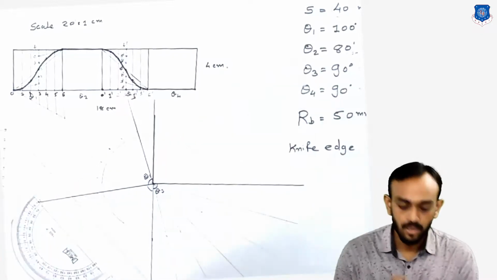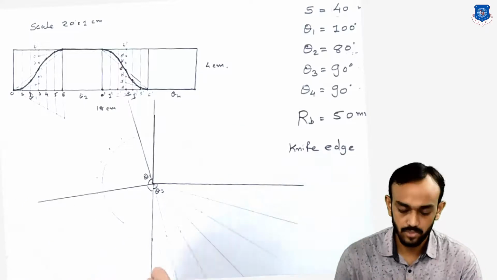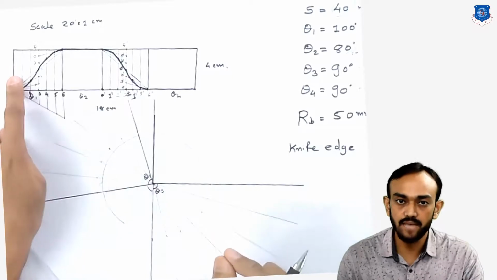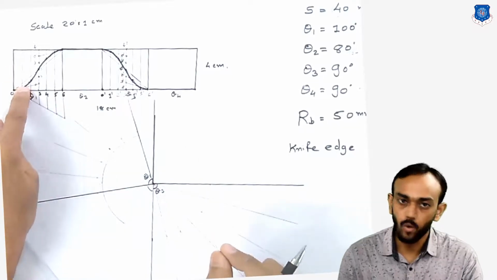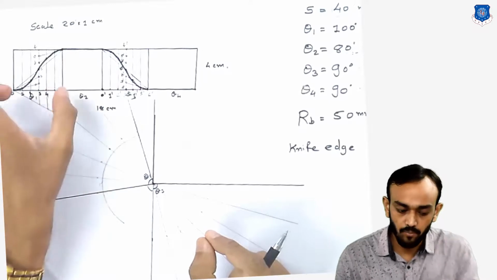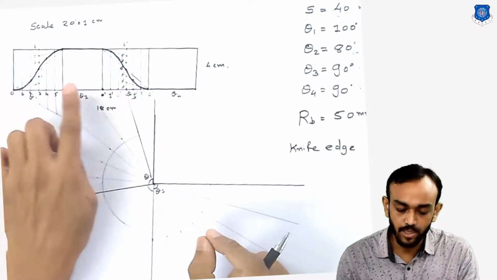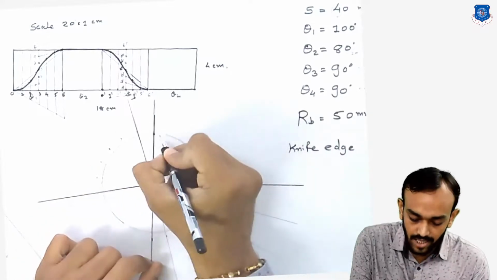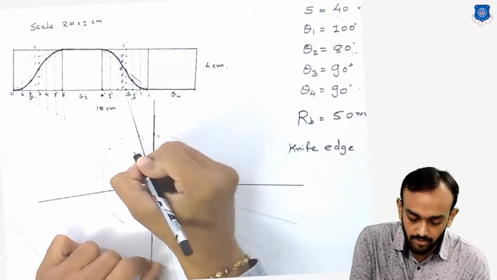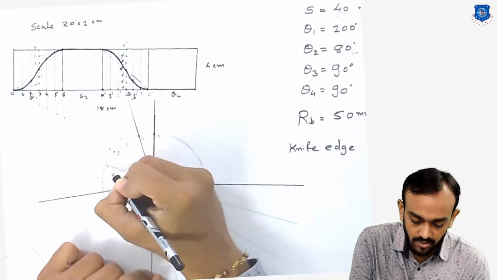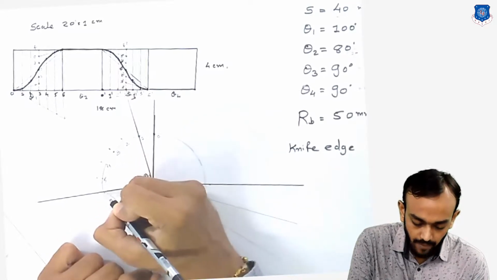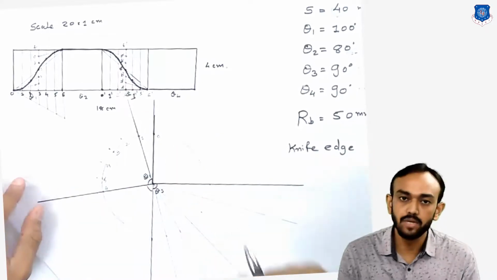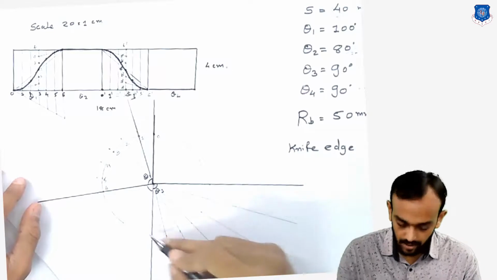Now this is very important. First of all, we have to give the numbering same as in the displacement diagram. You can see the partition of the rise is 0 to 6. So I will give the same partition here, meaning the starting point will be 0, this point will be 1, 2, this point will be 3, 4, 5 and 6. Now the same I will give the numbering on the base circle and in the return.